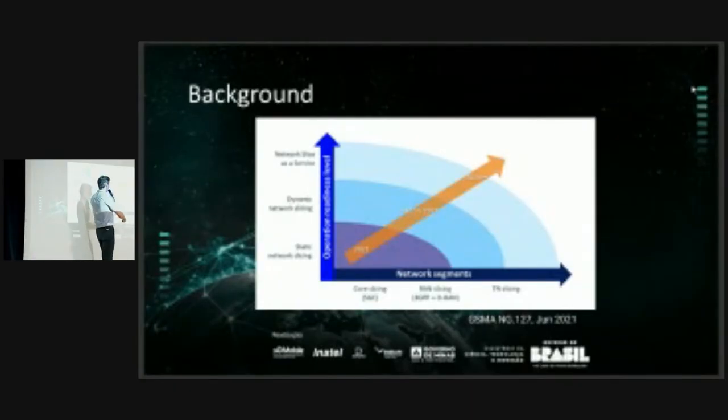In fact, we evolve in this timeline, but it's not exactly considering this timeline because, for example, today the evolution is not complete in 2024. We have many problems, many challenges considering this perspective. But in my point of view, it's very nice because we understood the different points of view considering the core, the RAN, the transport, and the three domains together.